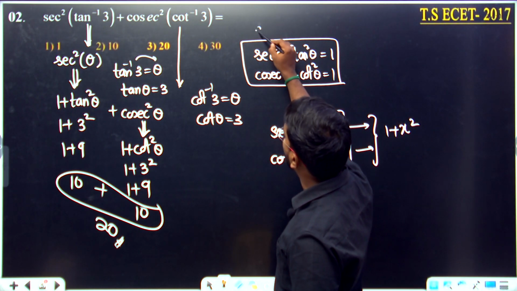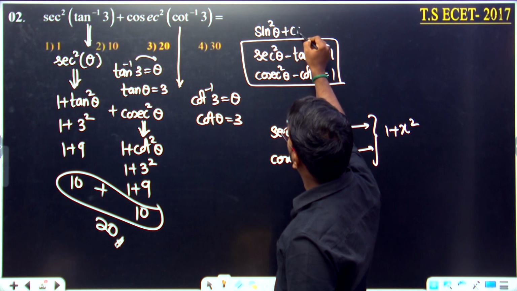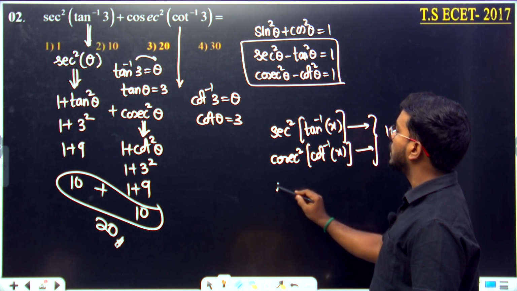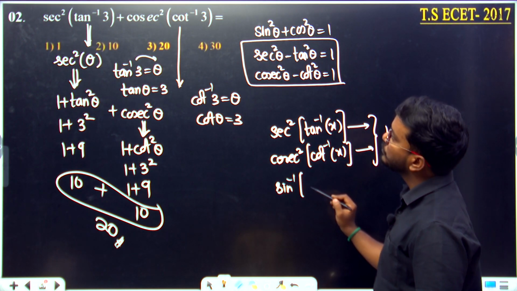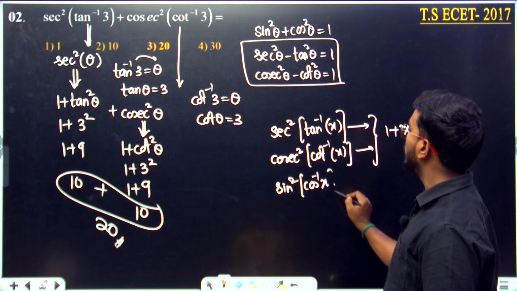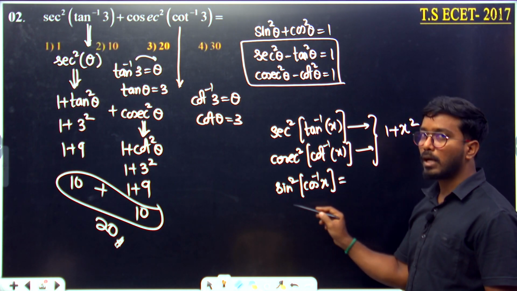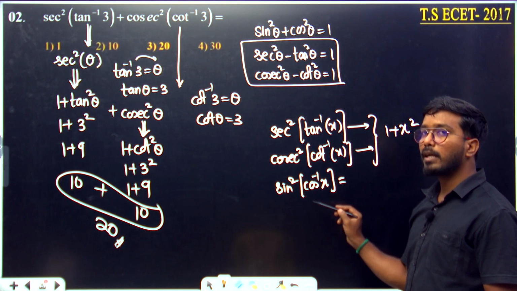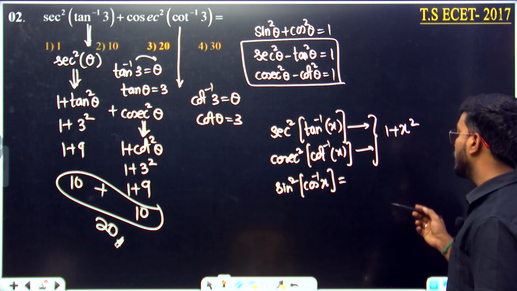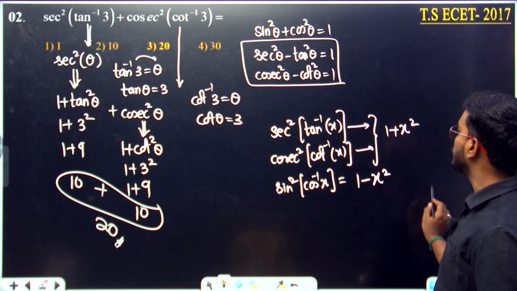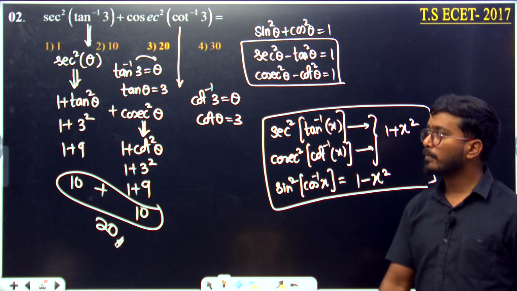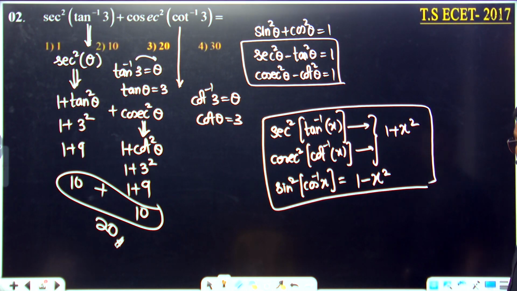So what about the third identity? We have one more identity, sin square theta plus cos square theta is equal to 1. When the question comes in terms of sin square of cos inverse of x, put cos inverse of x is equal to theta, the question will become sin square theta. Sin square theta can be written as 1 minus cos square theta, that is 1 minus x square. So the answer is going to become 1 minus x square. So these are the three standard formulas based on which you can prepare the answer very easily. So go through it, pause the video, note it down, moving on to the next question.